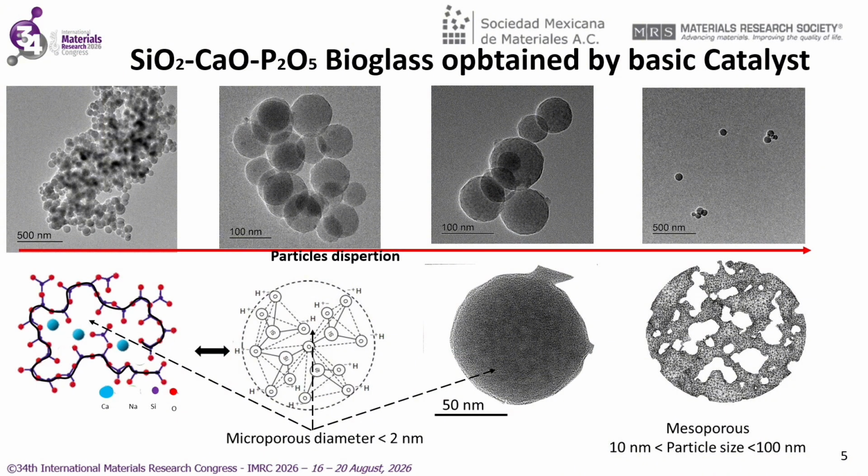Scanning electron microscopy analysis shows that it is possible to obtain silica, calcium oxide, phosphorus pentoxide bioglass nanoparticles with diameters greater than 20 nanometers and smaller than 100 nanometers, thus forming mesoporous particles. According to studies conducted by other research groups, these particles form an internal porosity with diameters smaller than 2 nanometers right from synthesis. In our case, the average diameter obtained was